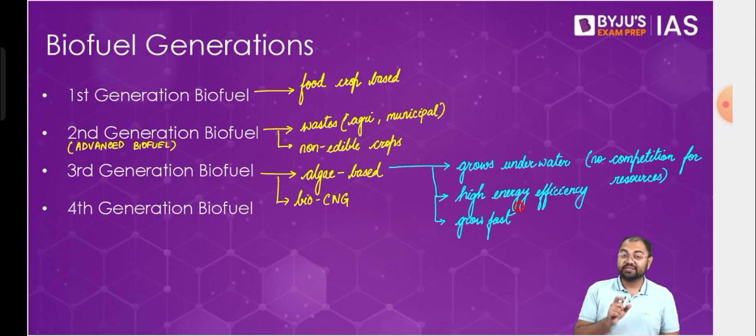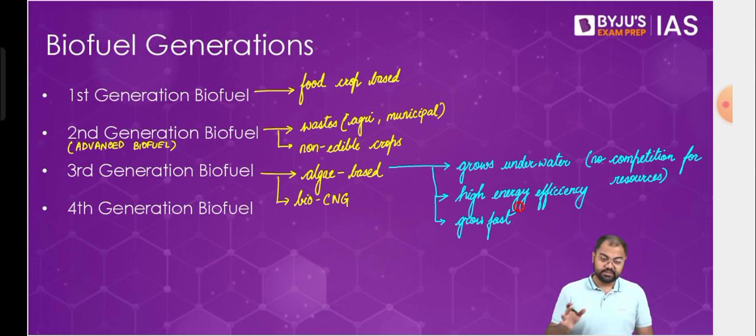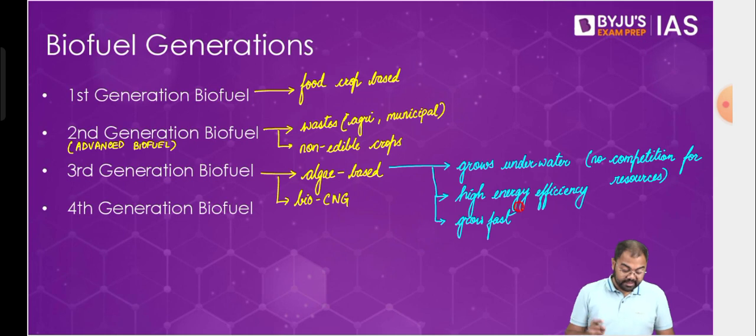Experimentally, we already have achieved success here, but we are still finding ways in which commercially it can be made a success. So that is where we are actually still lagging behind. And it's something which is very, very advanced and not very easy to get energy from. And that's why we see that there are so many studies and so much research that have been happening here. And then we have the fourth generation.